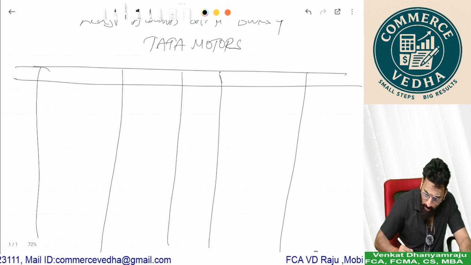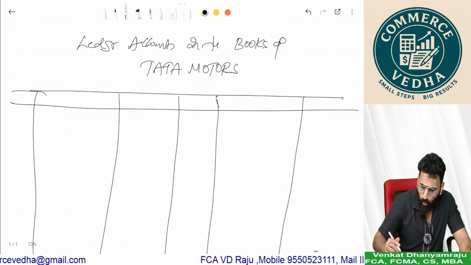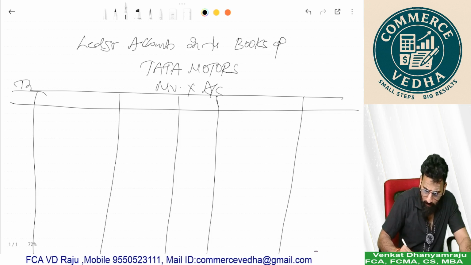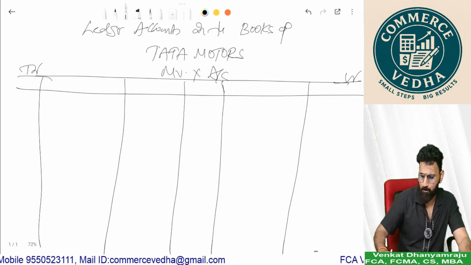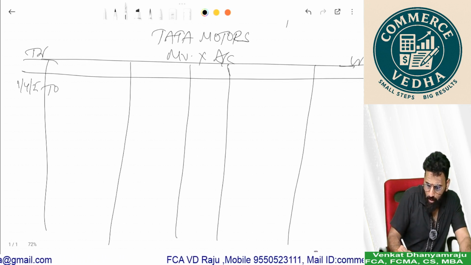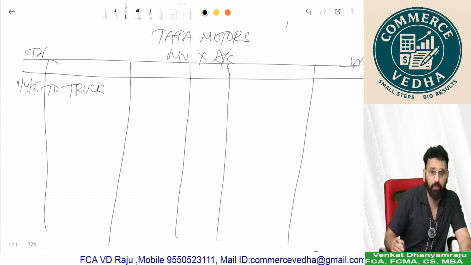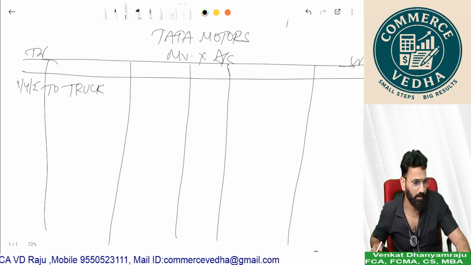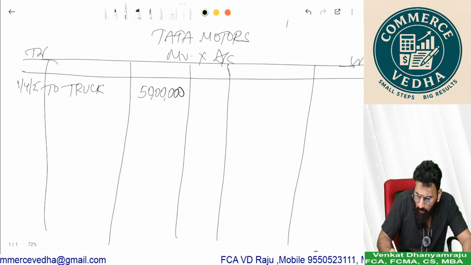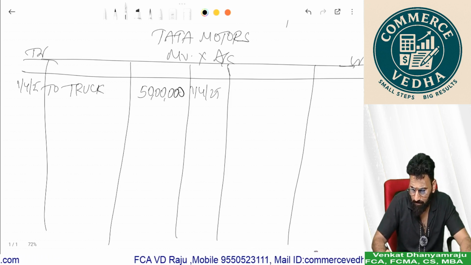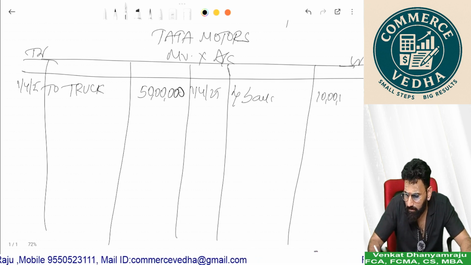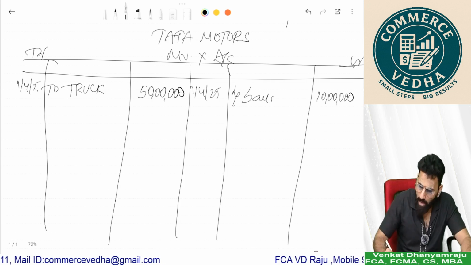Here, Tata Motors, what do they do? Whose account do they prepare? Mr. X's account, because he is the one who is payable to them. So 1425 to truck. I sold the truck to Mr. X. How much did I sell it for? 50 lakhs. Same date, by bank, I received the down payment. Right. And same date,